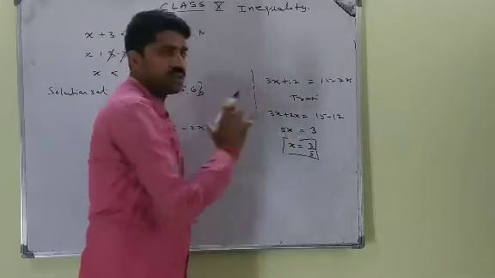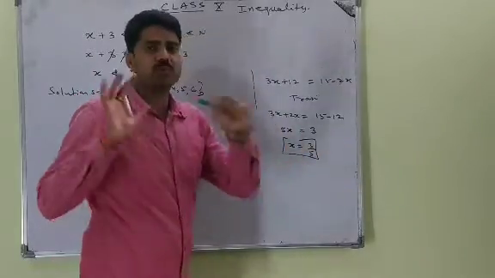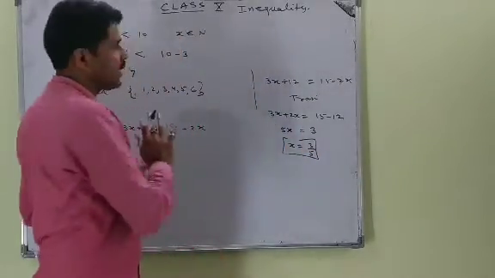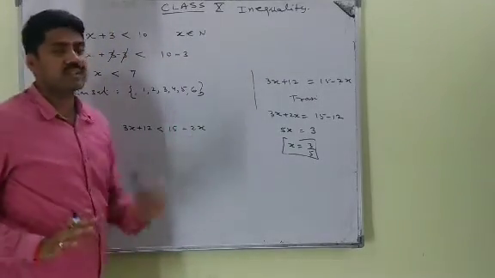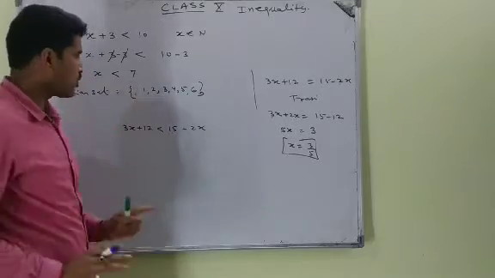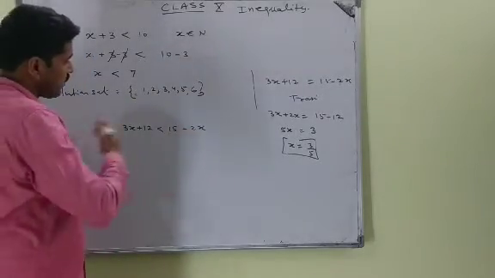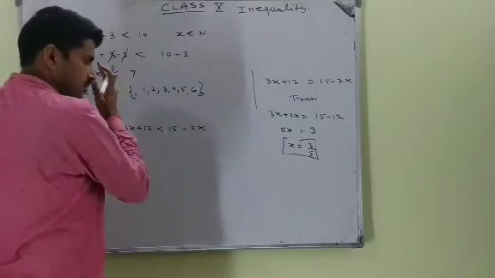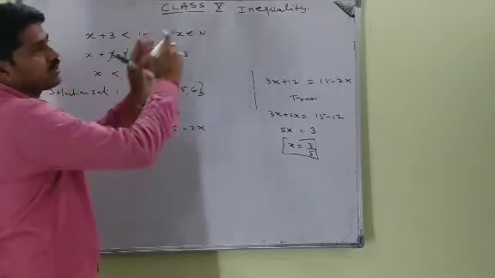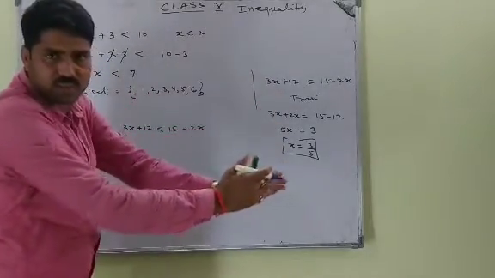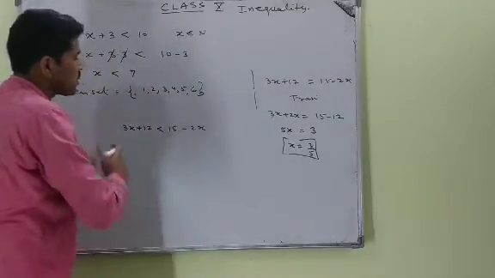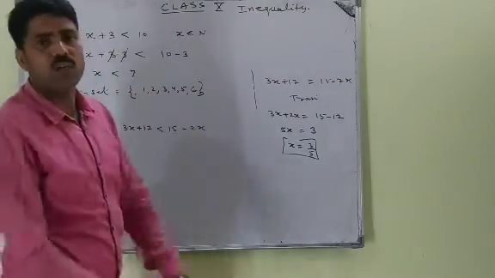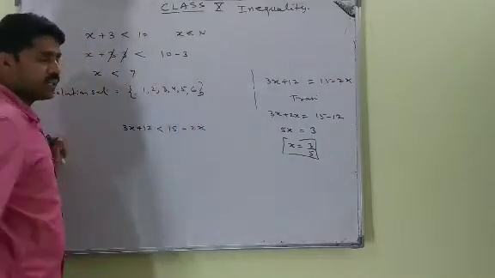Because this is an equation, the same procedure of transposing you can apply in an inequality. But don't say we are using transposing. Actually, we are using the same condition. If we use addition on the left hand side, then you should use addition on the right hand side. Subtraction, then you also use that. The same operation you apply on both sides. This is the rule to solve any inequality or equation.